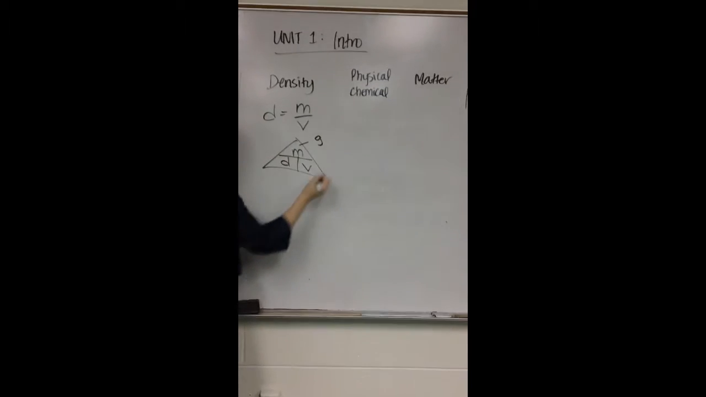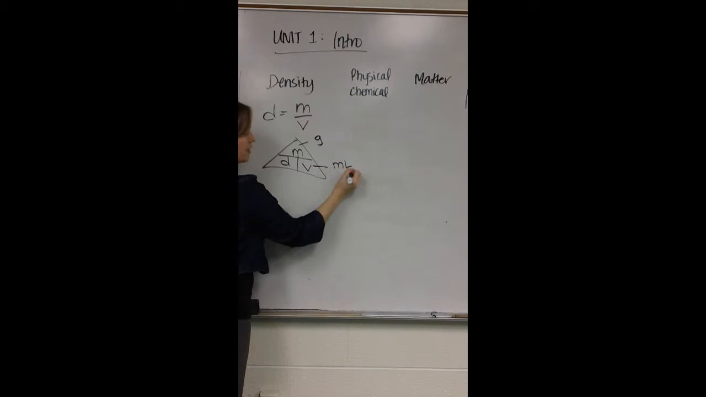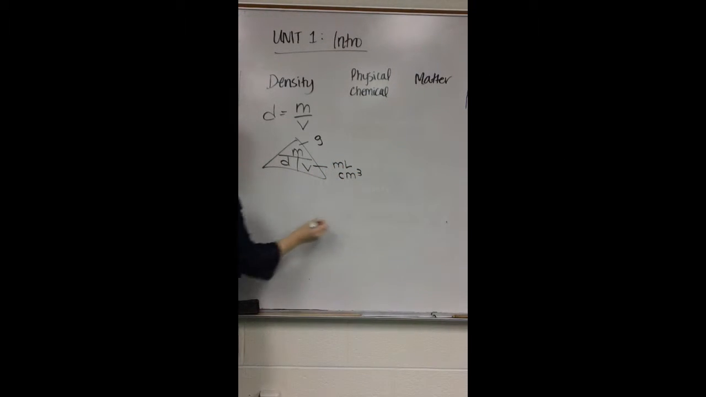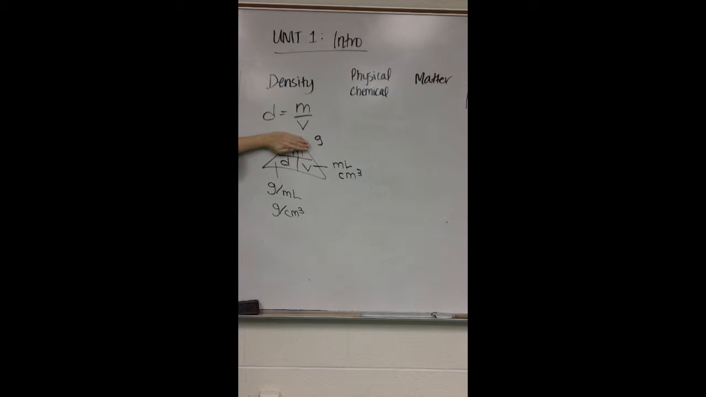Units for mass, grams. Units for volume, it's either milliliters or centimeters cubed, not milliliters cubed. Units for density are either grams per milliliter or grams per centimeter cubed. Oftentimes, if you get a trickier problem, it will say something like, what is the mass? So if you want to find mass, it's density times volume, or if it asks you for volume, it's mass